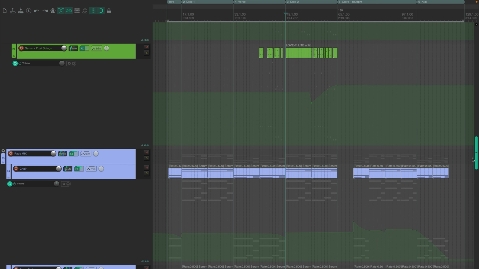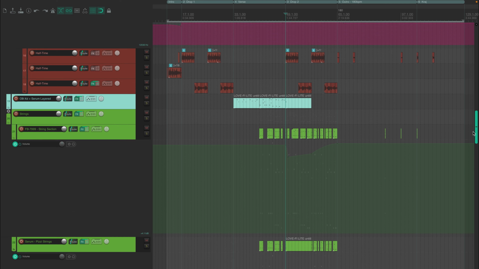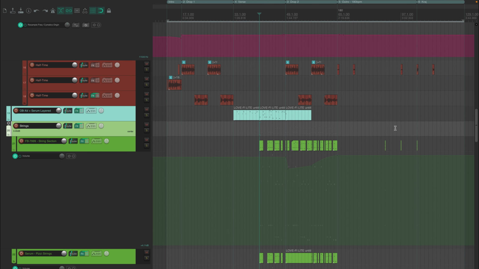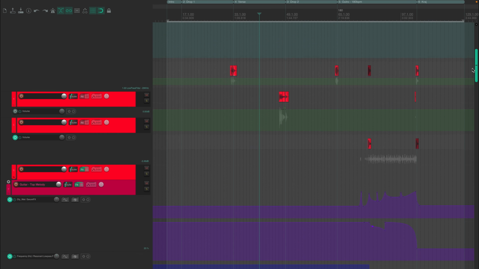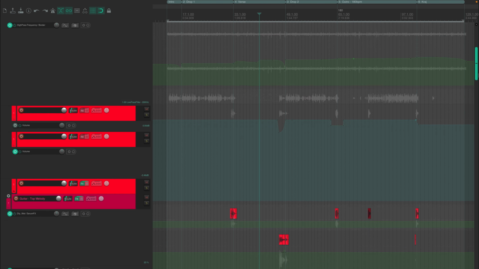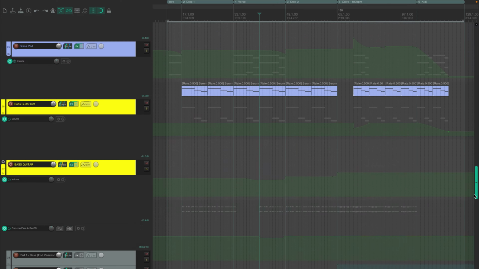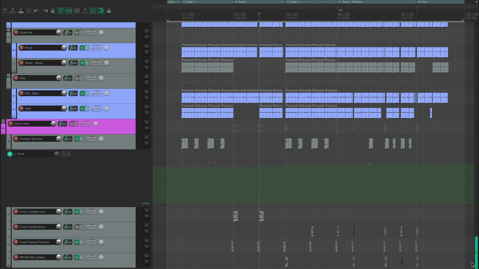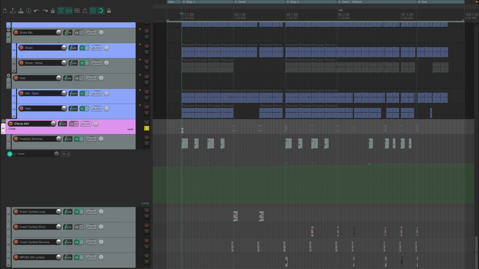So we went through the pads, through the strings, this pluck sound, the guitars, bass. That's pretty much it for the music. One more element that I want to show you is the effects mix. So I use a couple of effects for this track. Let's hear them. This is a high-end shimmer